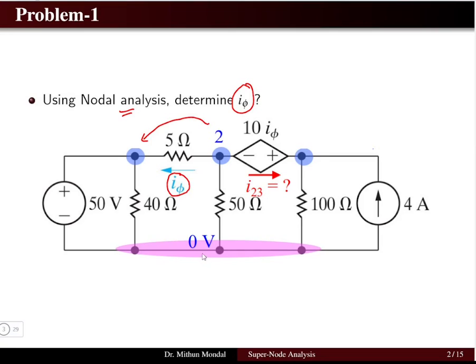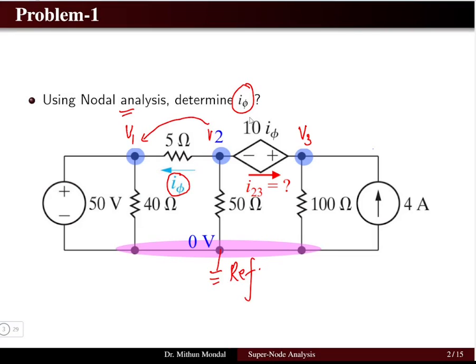So in nodal analysis, we first need to note down the nodes and specify the voltage to each. The first node we are giving the voltage V1, the second node is V2 and the third node is V3. There is one ground node, which is the reference node, given as 0 volt.